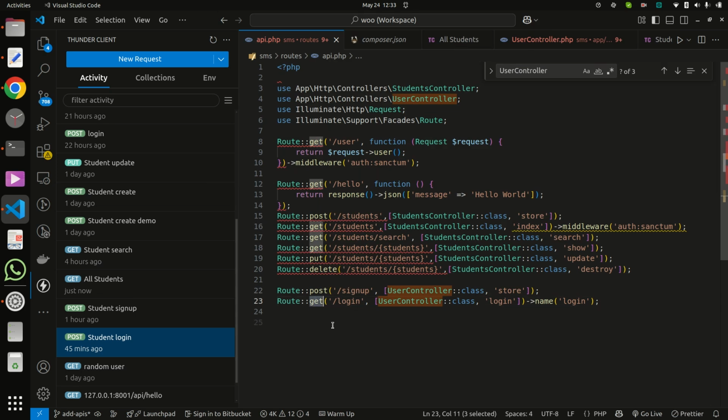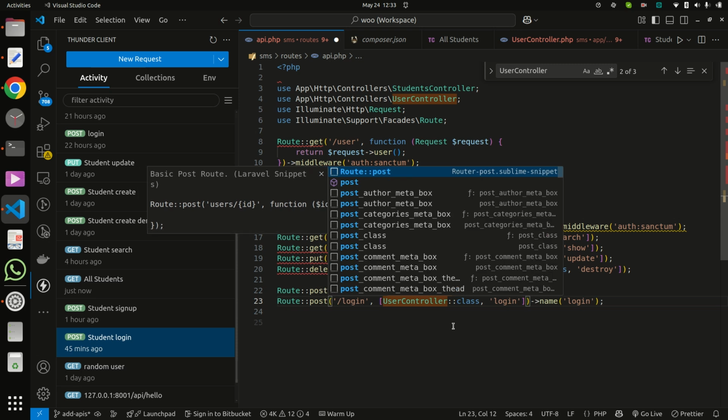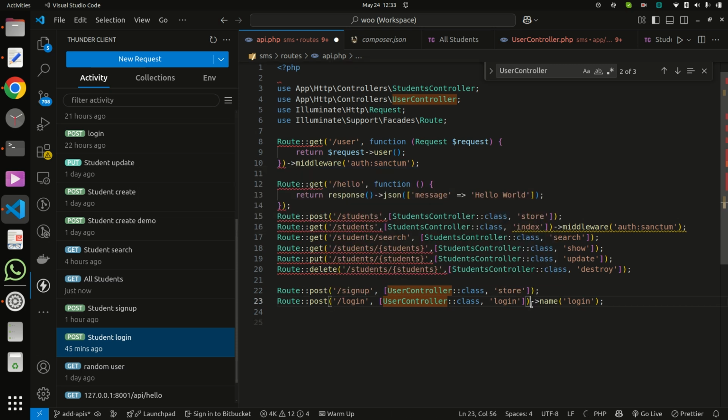Oh, sorry, it is a post method, with the same name as the get method.